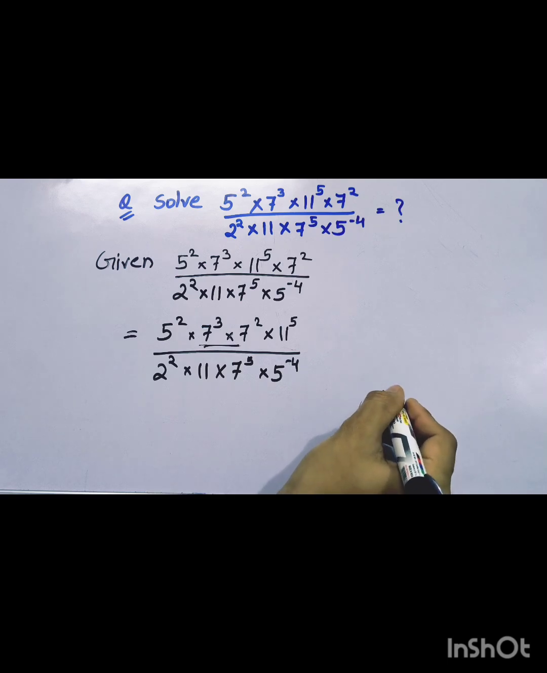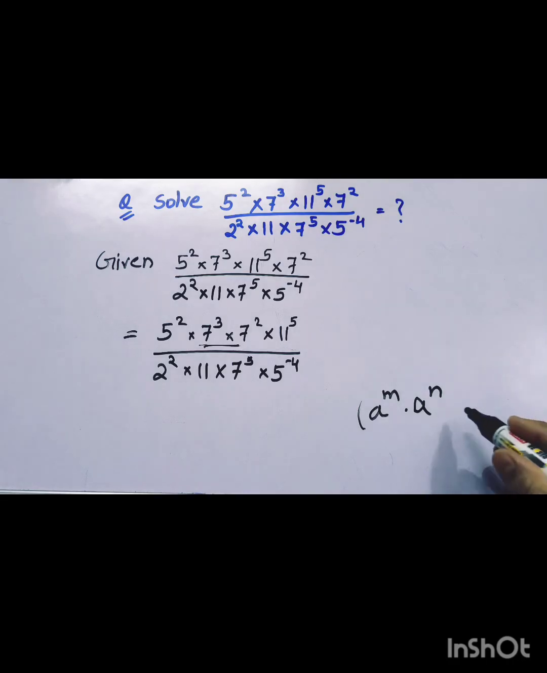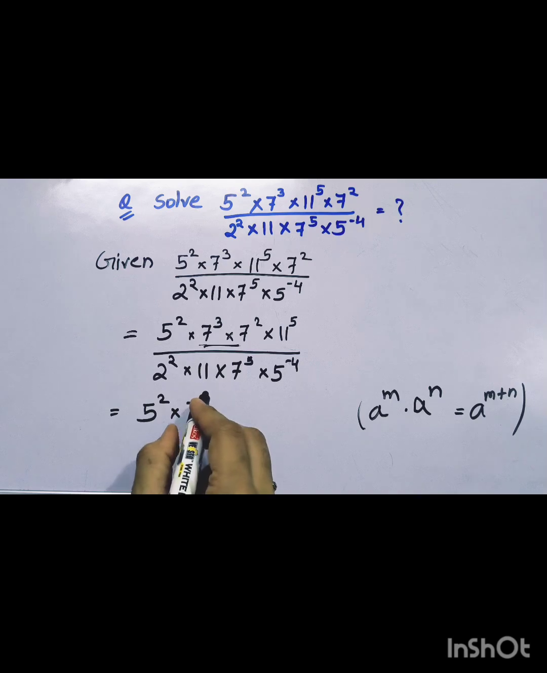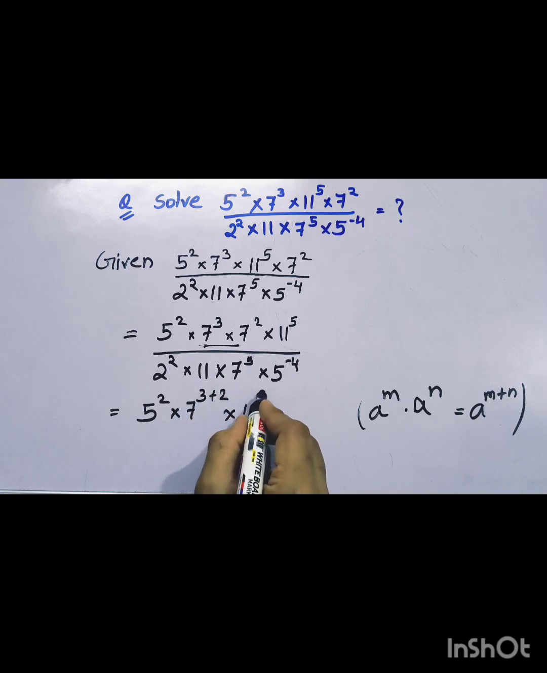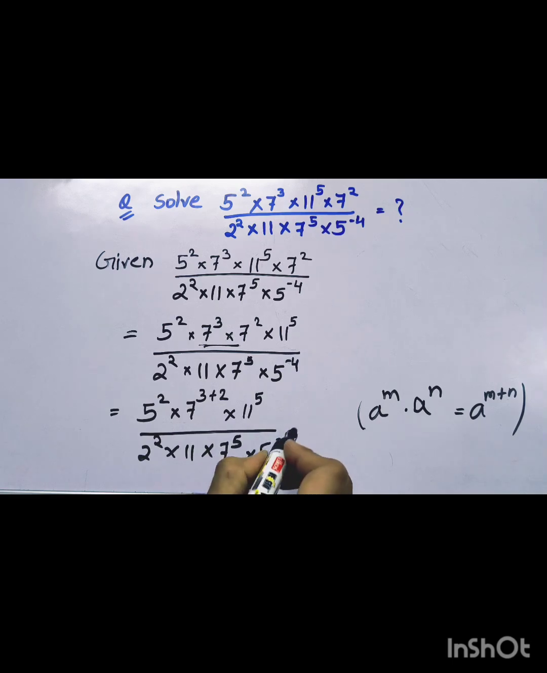a to the power m into a to the power n, then I can write a to the power m plus n. Okay, so we'll apply this rule. 5 to the power 2 into 7 to the power 3 plus 2 into 11 to the power 5 divided by 2 to the power 2 into 11 into 7 to the power 5 into 5 to the power minus 4. Okay,